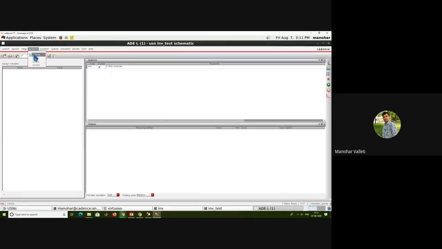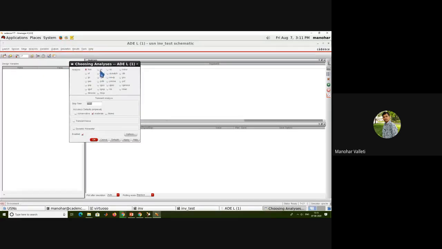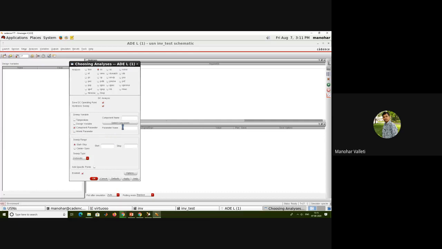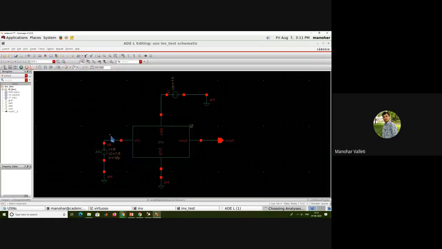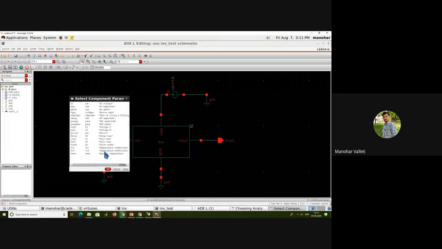Again, one more analysis. Choose DC analysis. Say operating point. Component parameter: you have to select the component in your design. What is the component that you are selecting? This is only the variable, right? If you select this, like this will come. You have to select first one, DC, VDC, DC voltage, which needs to be varied. That I already selected. Click OK.